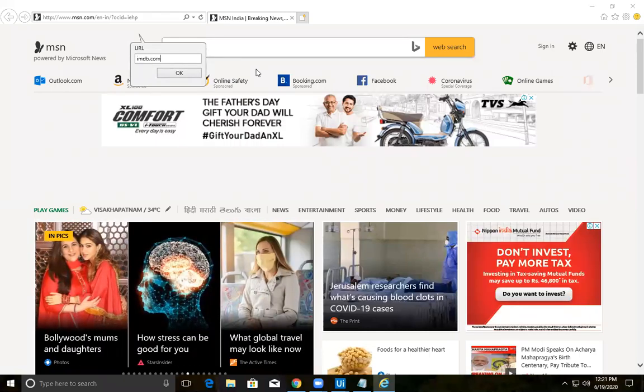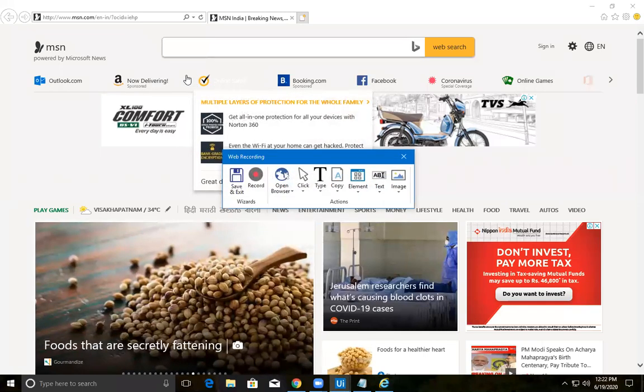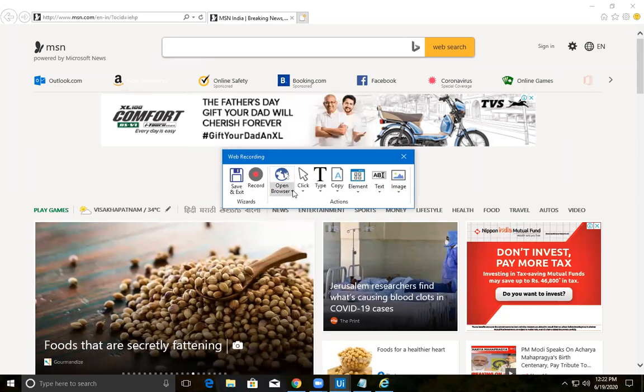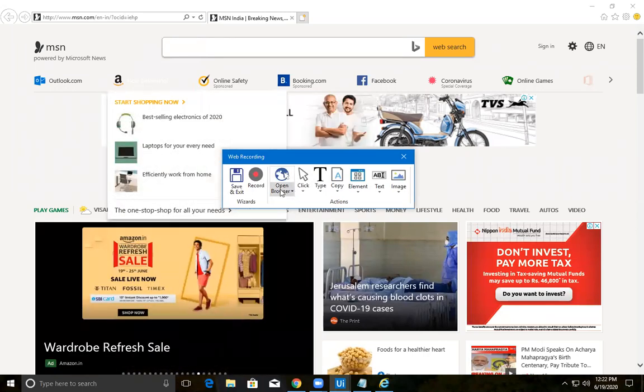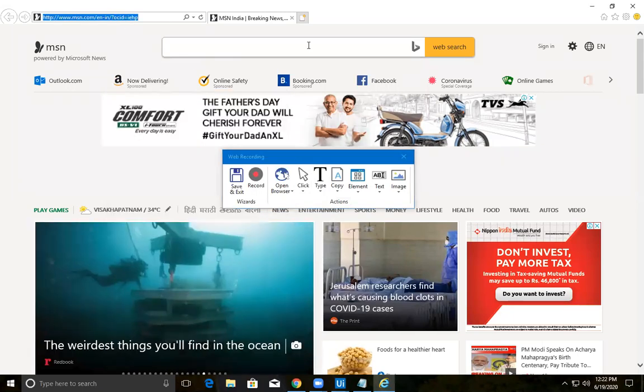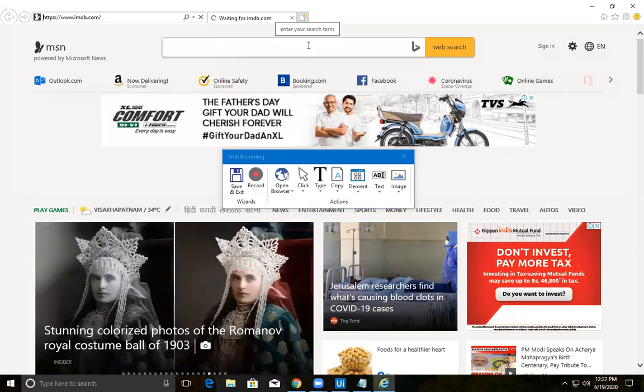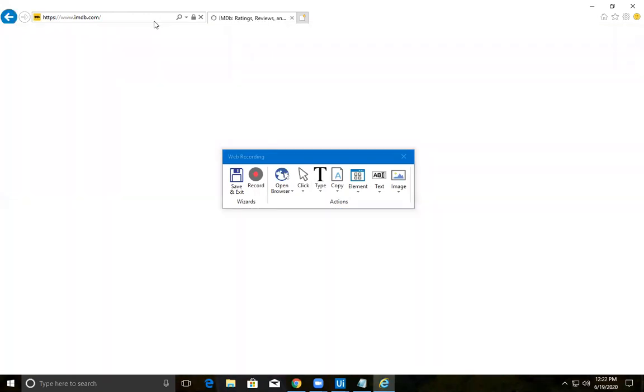We have seen imdb.com, so imdb.com is what we have typed in there. After that it needs to open. It was not yet open. Why? Fine, it was opening now.